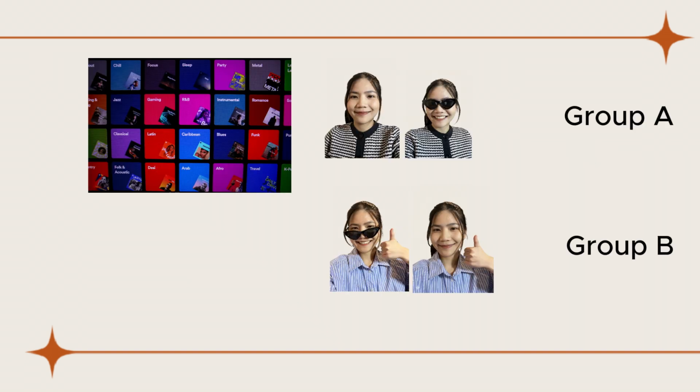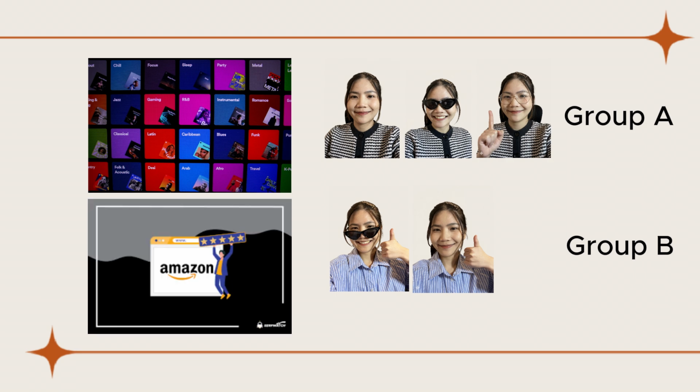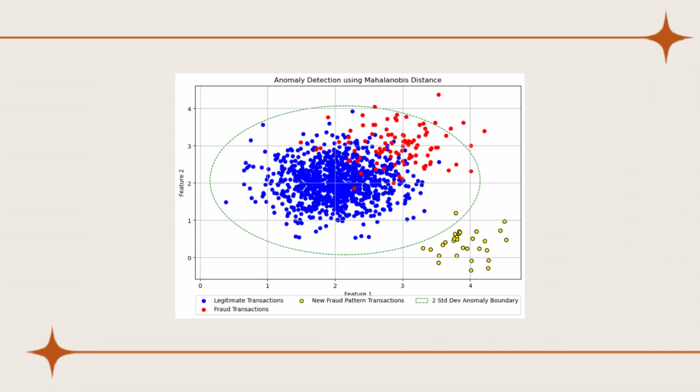For example, Spotify doesn't know your taste when you sign up. It watches how you listen, then groups you with people who behave similarly. No labels, that's clustering. An e-commerce company doing customer segmentation: who are the high-value customers, who browses but never buys, and the model finds those groups without anyone manually sorting people. And the last one is my favorite one, anomaly detection. If you are looking for fraud patterns you have never seen before, you can't label what you don't know yet. Unsupervised models flag things that just don't fit. It doesn't know it's fraud, it just knows it's weird.